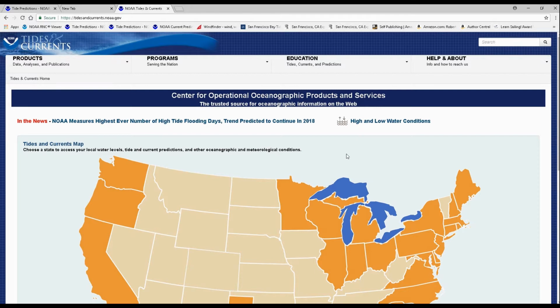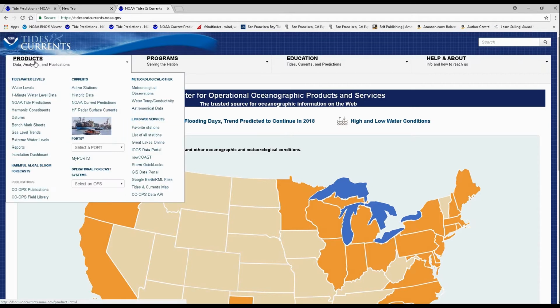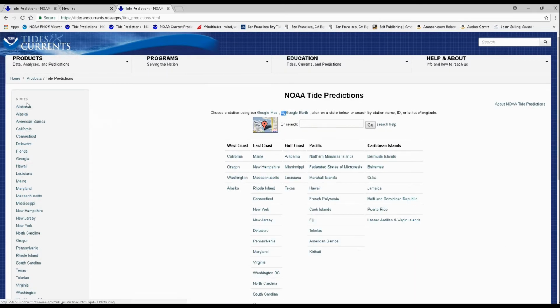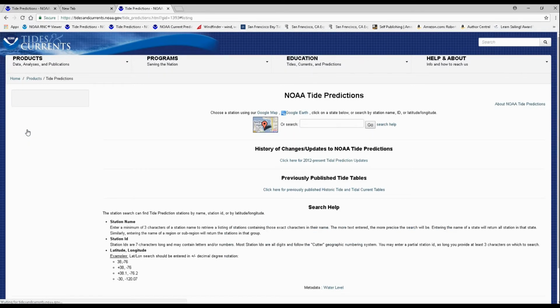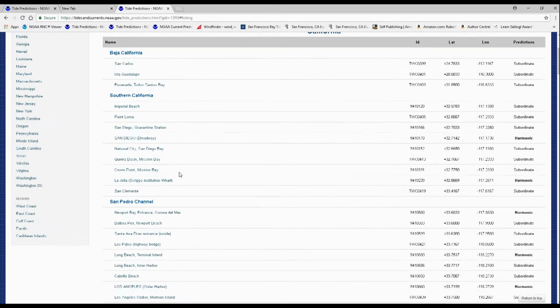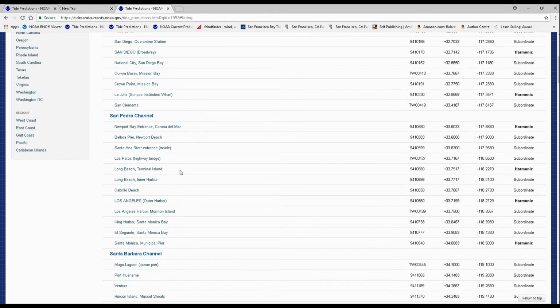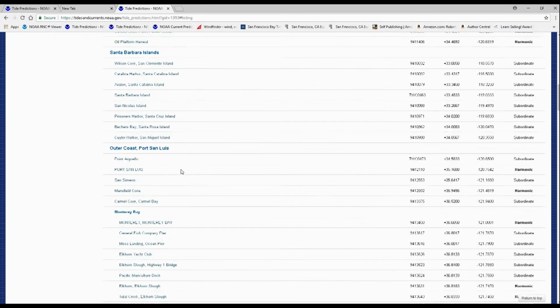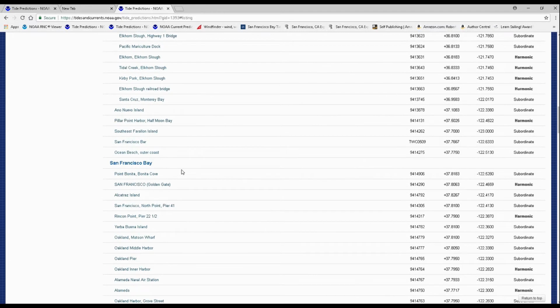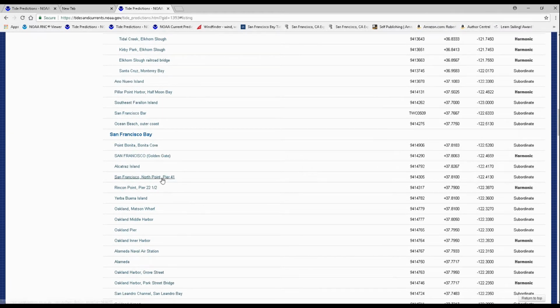If this is the first time that you've used it, the first thing you need to do is to identify your area of interest, and the easiest way to do that is to come over here to Products, click on Products, come down to NOAA Tide Predictions, click on that, then come down and find the state of California, and then here are listed all the different coastal areas. Come all the way down to San Francisco Bay, and I'm interested in the Alameda Naval Air Station. This is the closest station to Ballena Bay, so I'm going to click on that,